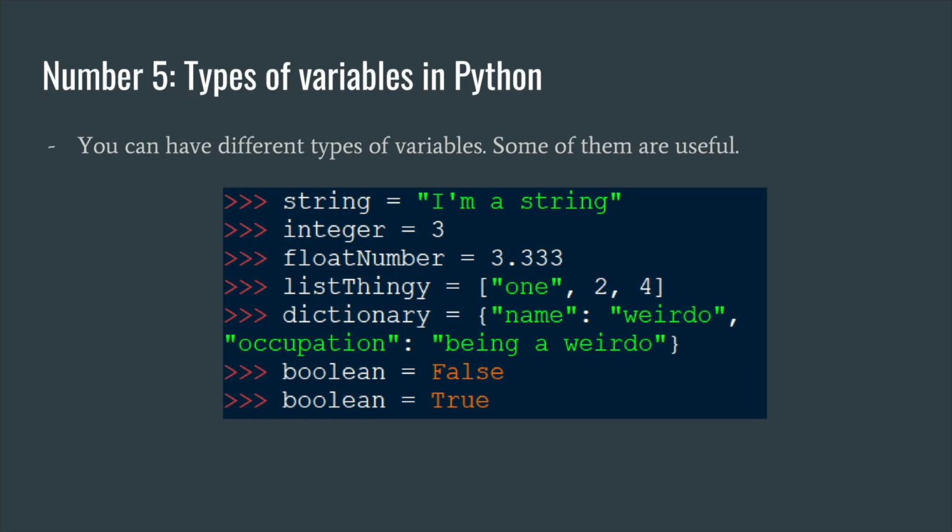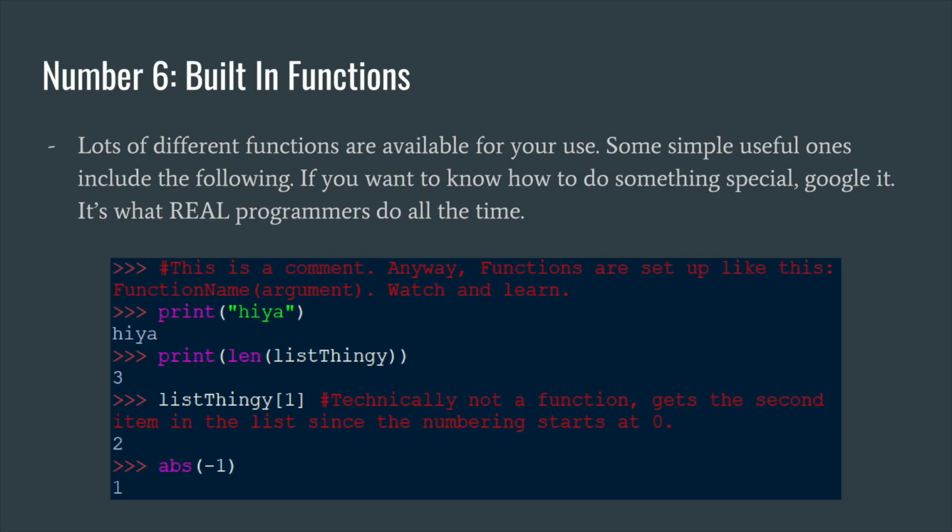A variable is something we can use to store data, and you'll see why these are useful later on. There are many types of data types in Python, but the most common ones are shown here. A function is something that contains its own code, but instead of rewriting all that code, you can just activate it in one line. There's some built-in functions that are very useful, like print and len and some math functions. You don't really need to memorize any of this, just Google whatever you need when you need it.